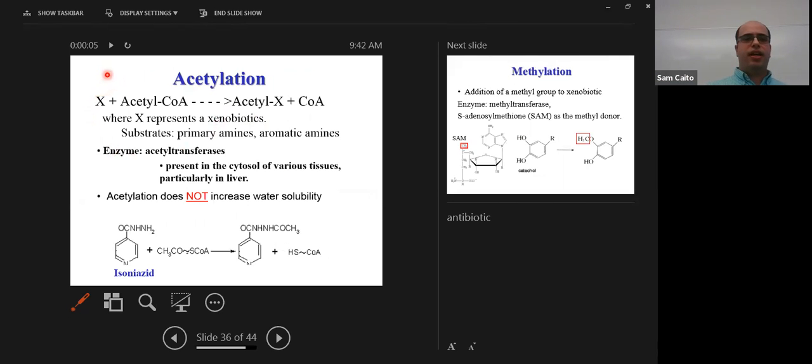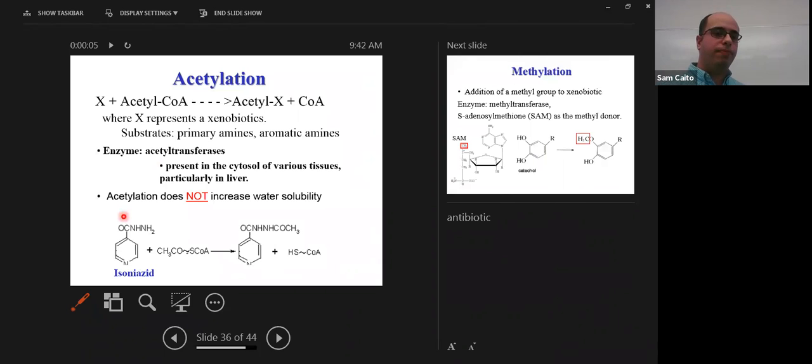The next one is acetylation. So basically, you're taking the acetyl group off of acetyl-CoA and attaching it onto your xenobiotic, which will then give you just coenzyme A, which can go off and pick up another acetyl group. The substrates here are usually primary amines and aromatic amines. The enzyme that does this is called acetyltransferases, where they will basically put the acetyl group from that acetyl-CoA onto their substrates. They're present usually in the cytosol of various tissues, particularly in the liver, and the acetylation does not